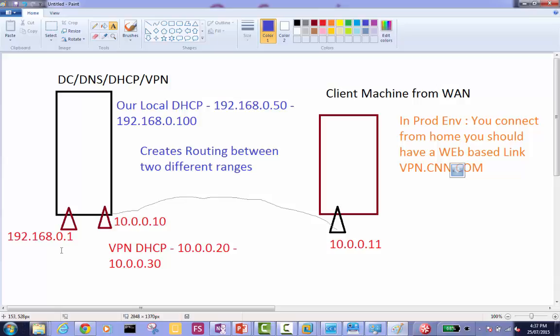Then you're successful. We're going to check, after creating a successful VPN connection, whether we are able to ping 192.168, and open the shared folders of 192.168. When we disconnect, we should not be able to ping anymore, or do anything with the same machine which we were able to do during the VPN connection.